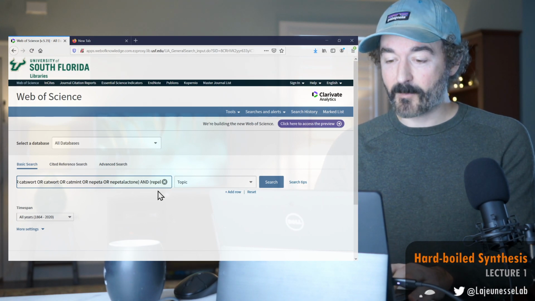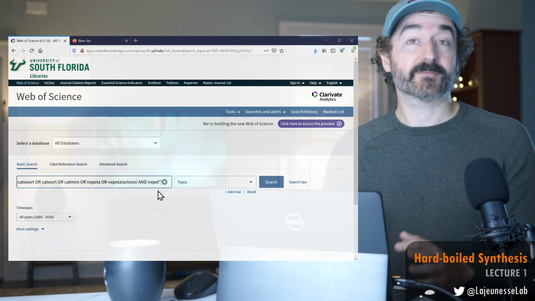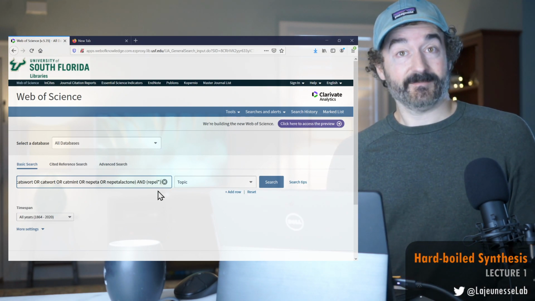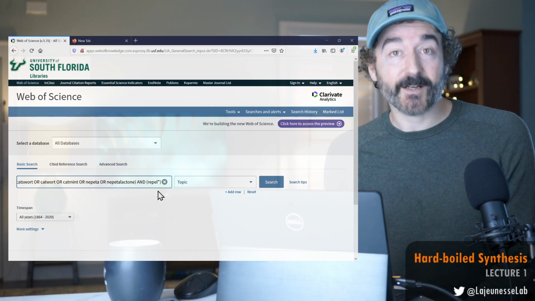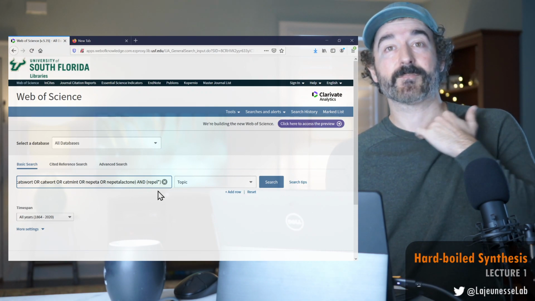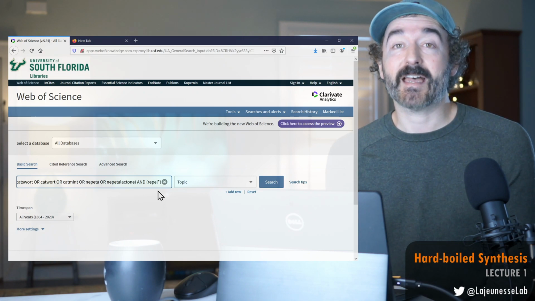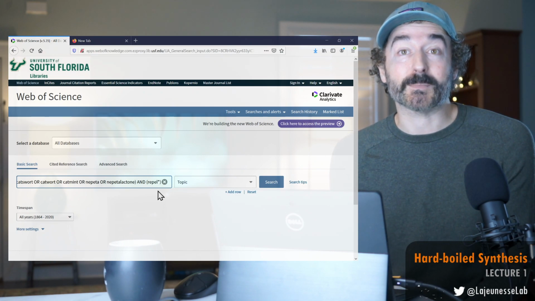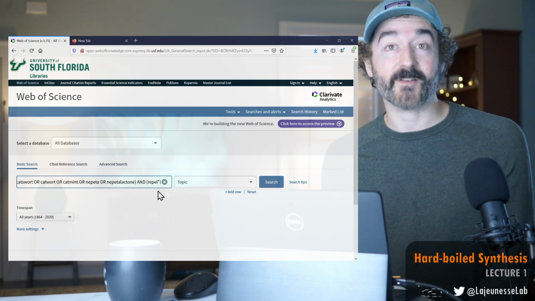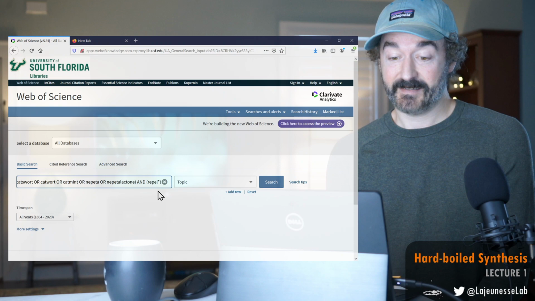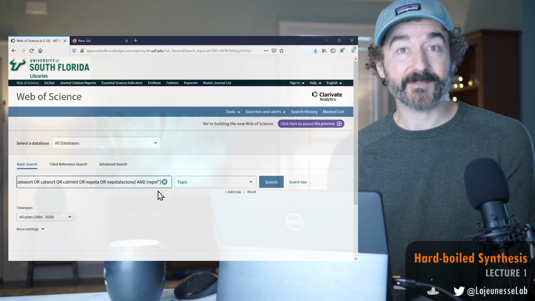And the wildcard is just a little asterisk. And that's it. I'm not even going to throw in mosquitoes in there because we may find studies that use a collection of organisms to test repellency effects. So really all I want is catnip and repel.